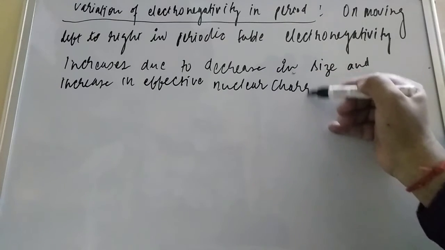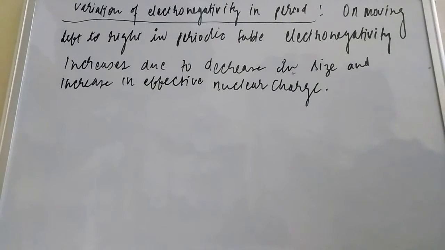Now student, let us see with the help of an example. We already understood the variation of the atomic radii in the group and period. In a period, when you are moving left to right, the atomic radii keep on decreasing, so the nucleus is pulling the electron towards itself. What will happen? Electronegativity will increase. Let us see with an example, it will be more clear, student.